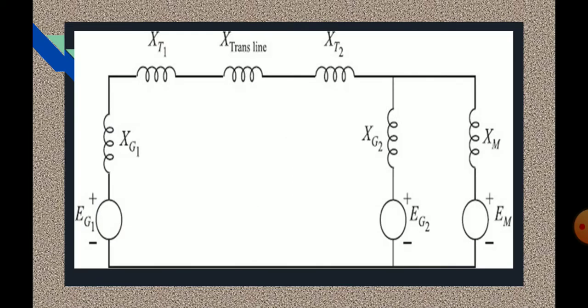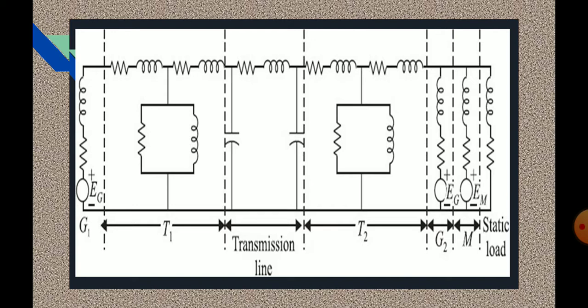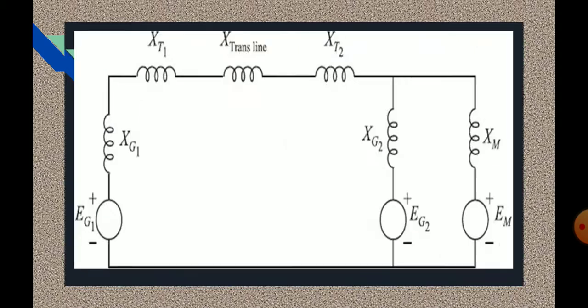So in case of reactance diagram, the load should be eliminated. There are certain assumptions that resistance should be neglected. So throughout this reactance diagram, the resistance value is neglected for each component representation, and load should also be neglected. So this is the basic representation, and all other components are represented like this. Here the capacitance which we have denoted for the pi type transmission line in the impedance diagram should also be eliminated in case of reactance diagram.